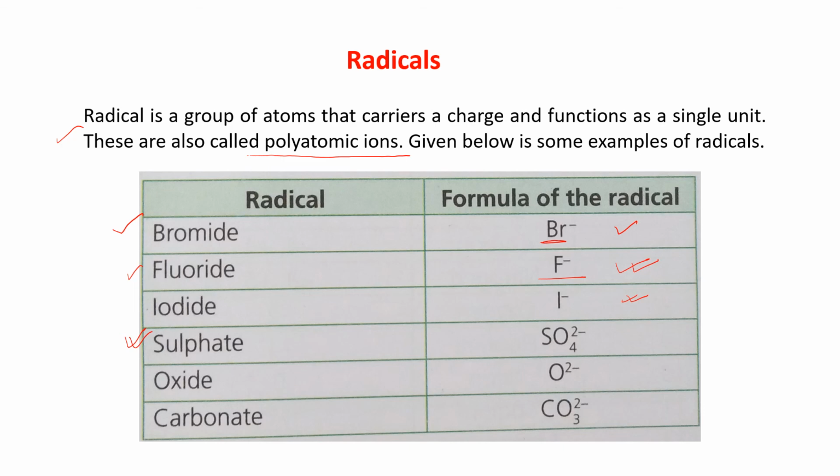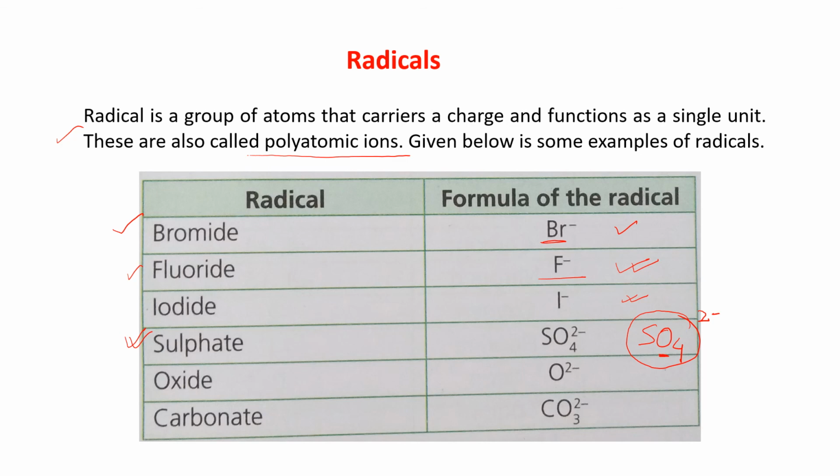But come here, look at sulfate. Sulfate is SO4. Okay, a group of atoms. Sulfur is there, and 4 oxygen atoms are there. Here O4 means 4 oxygen atoms. It is not one molecule of oxygen. It is 4 oxygen atoms. But when we take the sulfate ion or sulfate radical, we consider the whole thing, and above that, a 2 minus charge is there. So we consider this SO4 as a single unit.